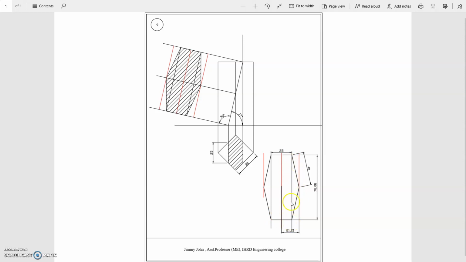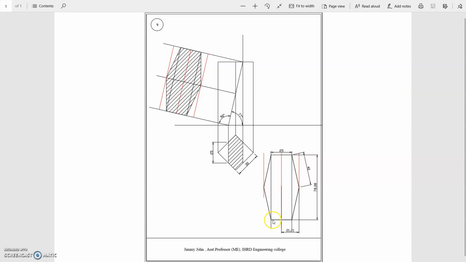Now from here to here, corner to corner distance is w, half of that is w by 2. So from the center line you draw a line, this distance is w by 2. Similarly towards the right also you can draw a line, which is w by 2 distance from the center line.